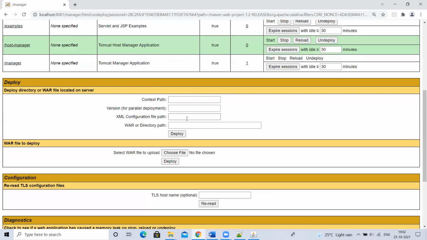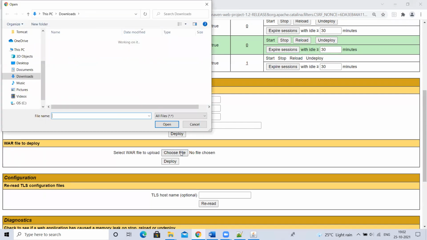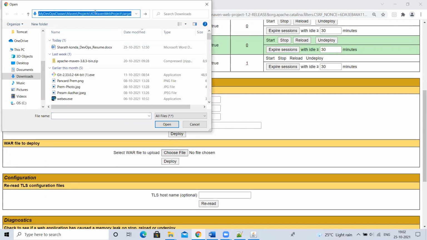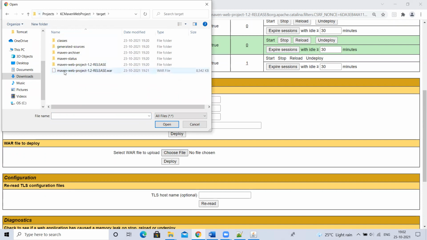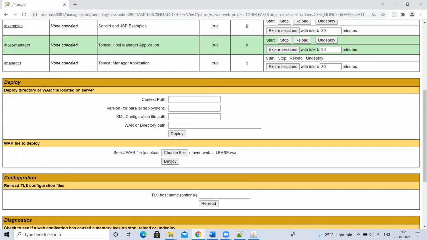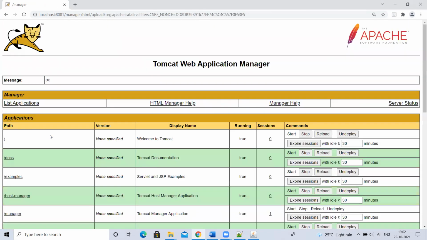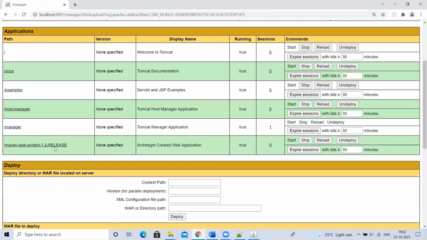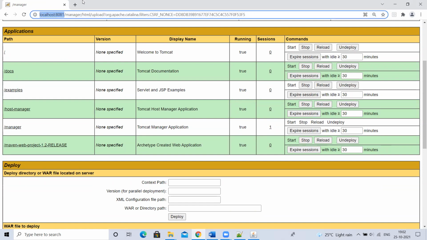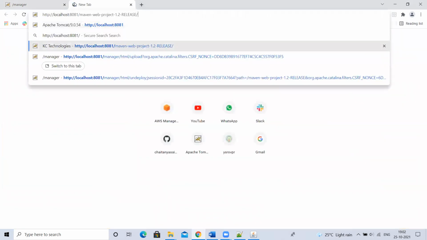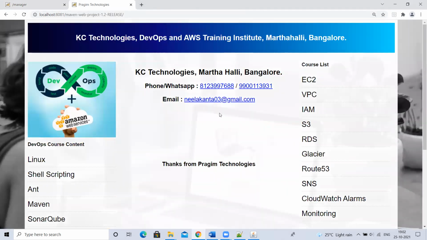If you have it on some server, you can give the details. If you want to directly deploy, you can click on this war file to deploy. Choose that war file from this location. Choose war file, give the location. Right here I have the war file. Select this, click on deploy. It is deploying here. So did it deploy the application here? Yes, sir. Right. So if I hit this, am I able to access the application?